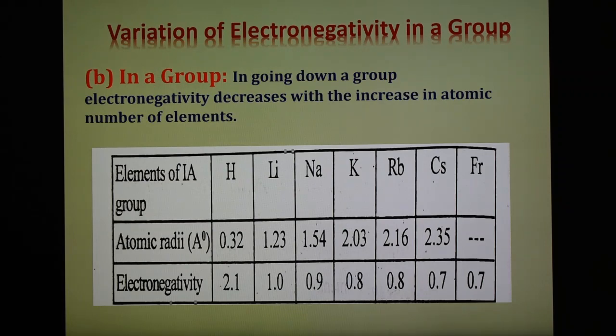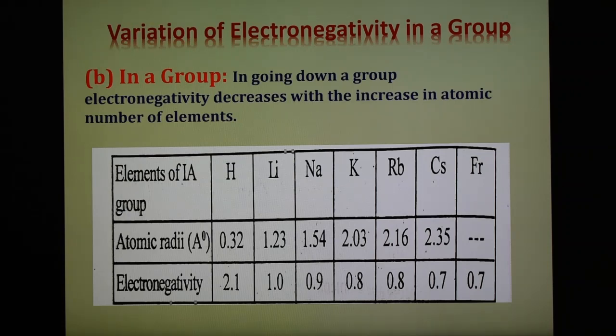Now, what is the variation of electronegativity in a group? As we go from top to bottom in the group, electronegativity decreases with the increase in atomic number. This is due to the increase of atomic radius. In moving down the group, as nuclear charge increases, the electronegativity of the lower element should be more than that of the upper element. But actually it is not the case, because the disadvantages of increase in atomic radii and electron shielding effect are more than the advantages gained through the increase in the nuclear charge. Therefore, the lower element of a group is less electronegative than the upper one of the same group.